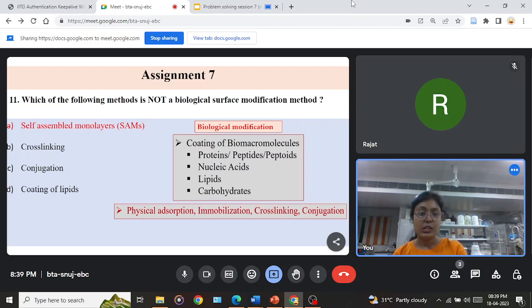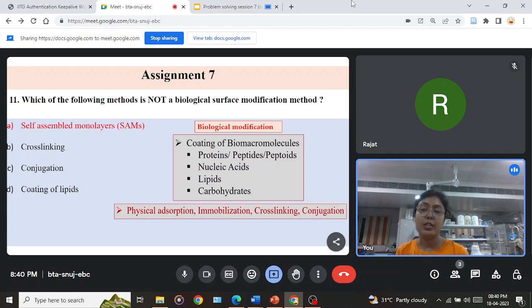So, we can move on to the next question if there is no doubt. And you have to again remember, as I said, it was a mistake from my end as well, that the question read as "method is a biological surface modification method," whereas it should be read as "which of the following methods is not a biological surface modification method,"